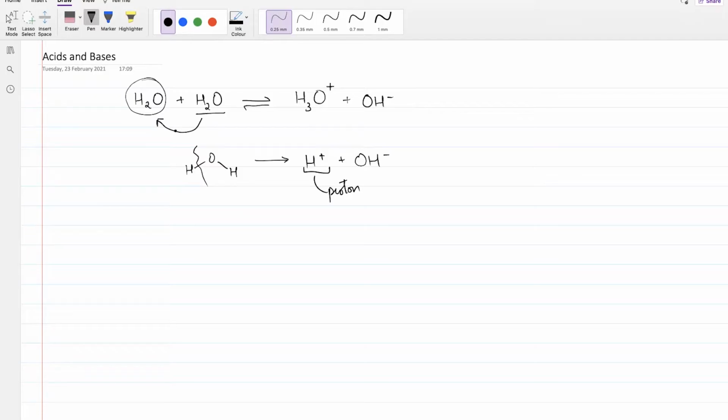So what do we call these things which are doing the same thing but with protons? This one which has lost a proton, we call it acid. And this one which has gained a proton, we call it base. Okay, so acid and base. And because water is a substance which can act as both acid and base at the same time, we say that this is actually neutral.